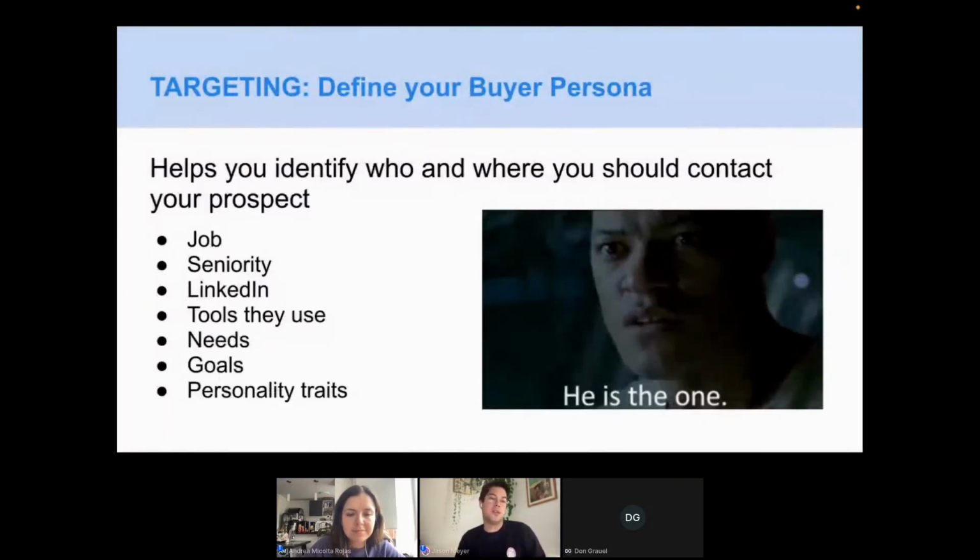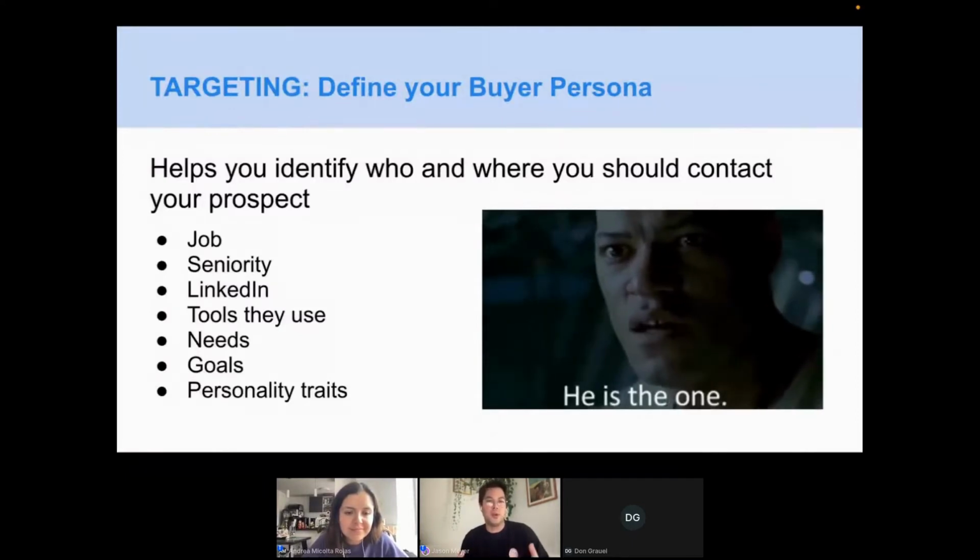Or if it's a person that is only focusing on inbound sales, is starting an outbound stream in their company. So it's people that are looking for new tools as well. Also, it's important to know what tools they use, as we read here, their needs, their goals, and also the personality traits. When you talk to your client, you get to see the person immediately, who they are, and try to relate to them, listen to them, understand what are their specific needs.